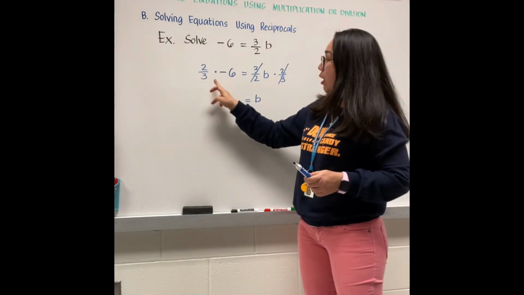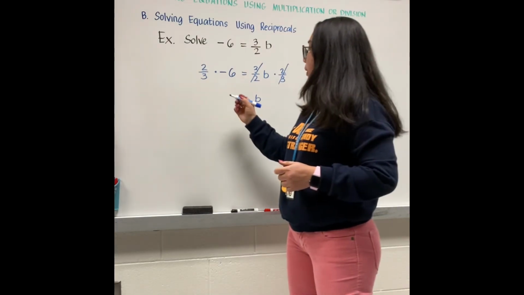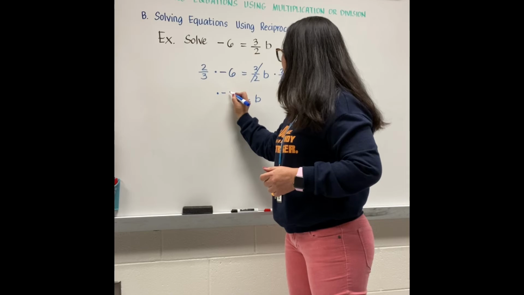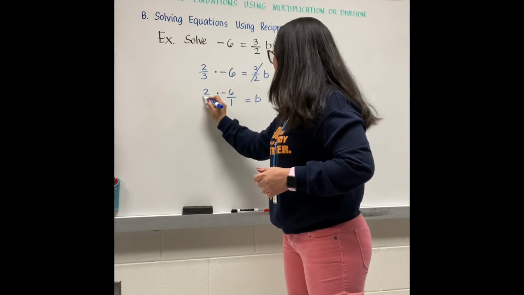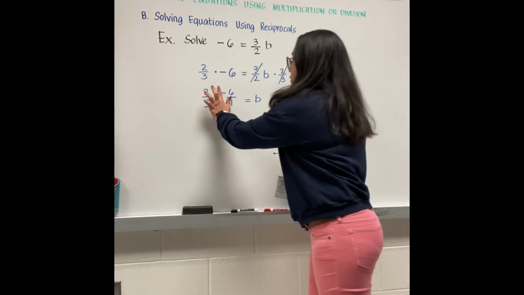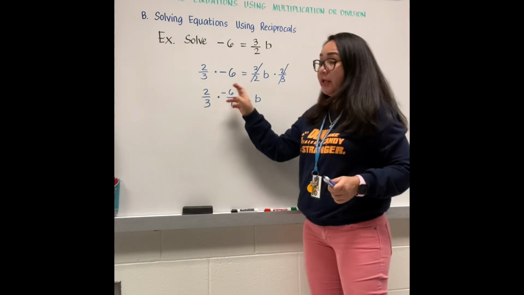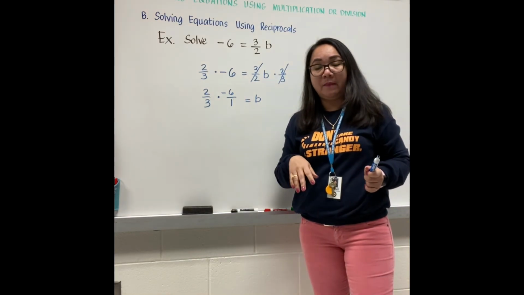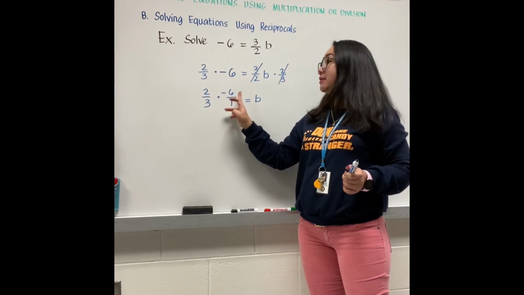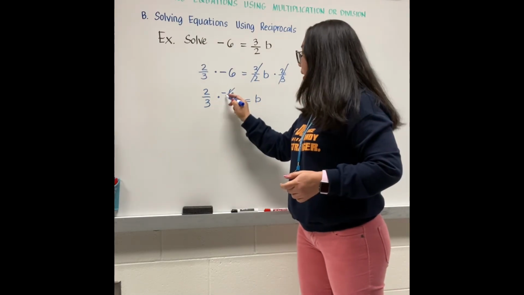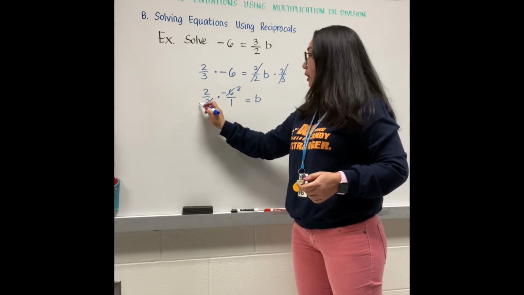So same thing, you are multiplying a fraction and a whole number. So make your whole number a fraction, which is equal to 6/1. And then 2/3 right here. So I will move this one right here. Okay, so now you can multiply straight across the numerators and denominators. But here, you can cancel out 3 and 6. So 6 divided by 3 will give you 2. 3 divided by 3 will give you 1.